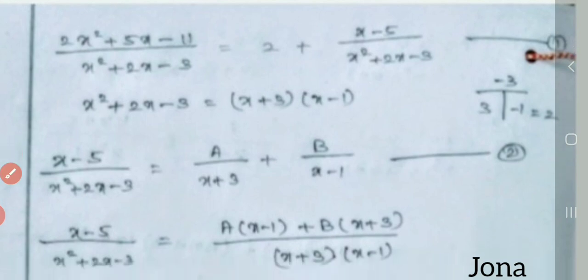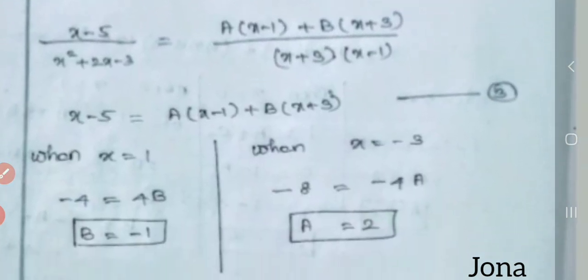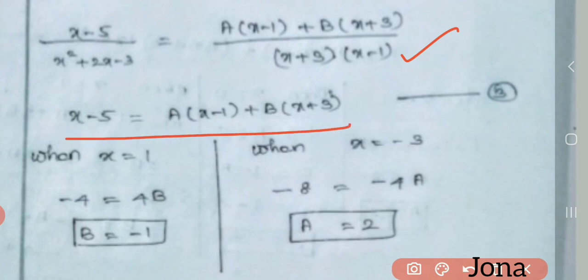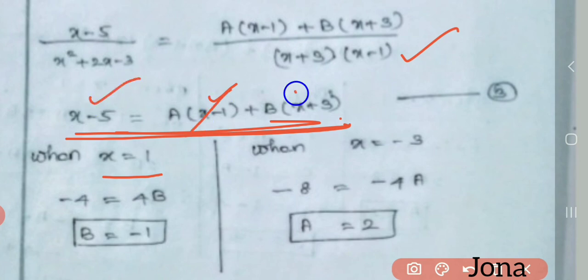And then take the LCM so that we can have like this, a into x minus 1 plus b into x plus 3 divided by x plus 3 into x minus 1. So equate the numerators. So we have x minus 5 equal to a into x minus 1 plus b into x plus 3. Now I want to equate this bracket to 0 so that we get x equal to 1. If x equal to 1, we have to substitute in this equation so that it will be 0. We can have only this x minus 5 and this factor. We will get the value of b now.